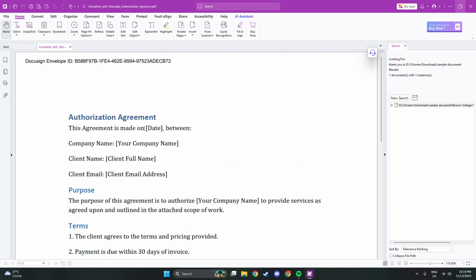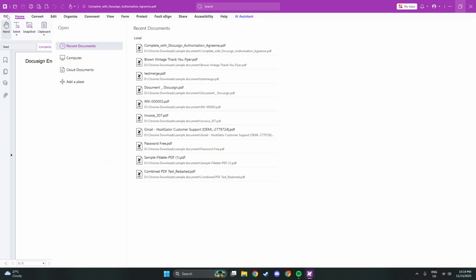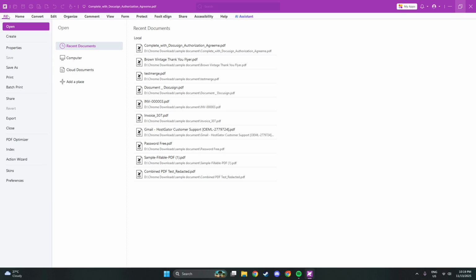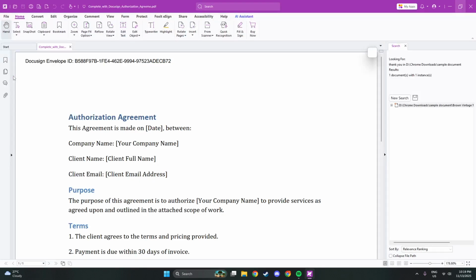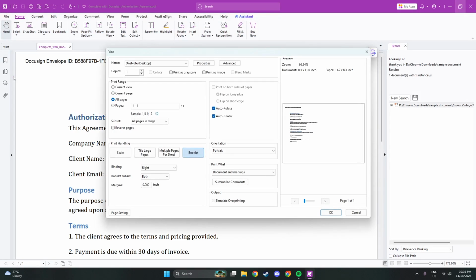To print your document, navigate to the top left corner of the application where you'll find the File menu. Click on File, and from the drop-down list, choose the Print option, which will open the Print dialog. Once the Print dialog is up, you'll find several settings and options to adjust before we can proceed to print